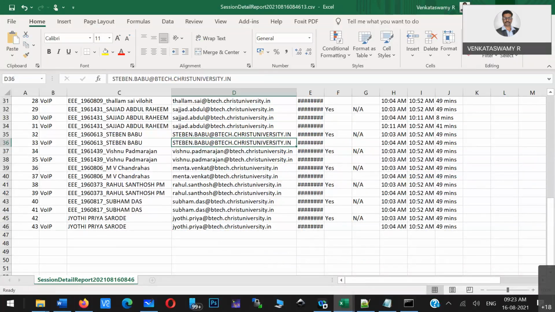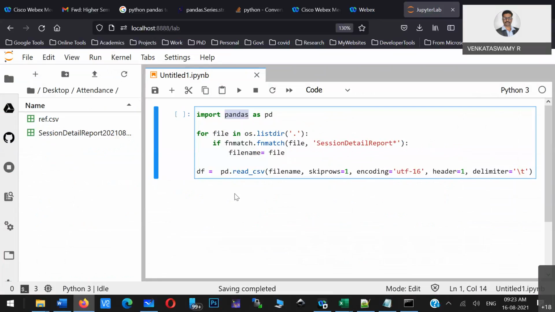So I can use the pandas library to read the spreadsheet content. Also, a lot of diagnostic analysis you can do. The pandas library gives a lot of functions to tune that data. They call that data a data frame, whatever data frame you have taken from that particular file. You can tune that data, lots of options are there. In fact, the pandas library also provides some data analytics functions.